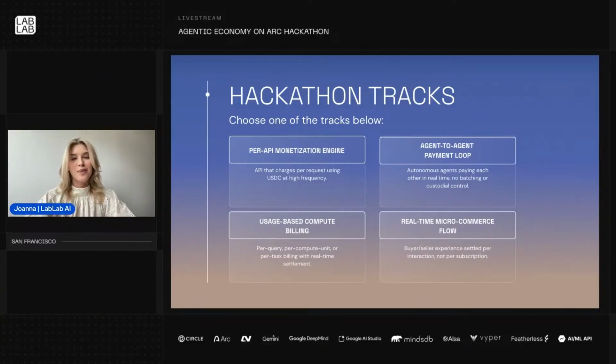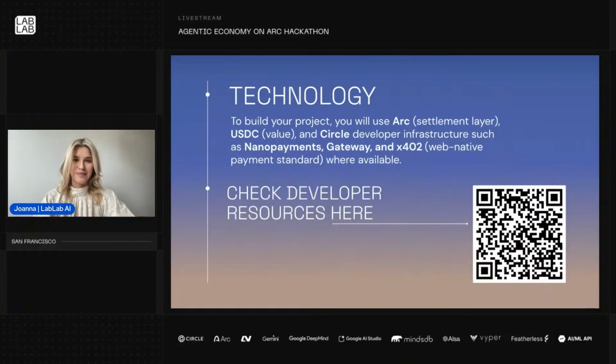Then usage-based compute billing, so billing per query, per compute unit, or per task with real-time settlement. And last but not least, real-time micro-commerce flow. So the buyer-seller experience settled per interaction, not per subscription. So really show the value of the nano payments.